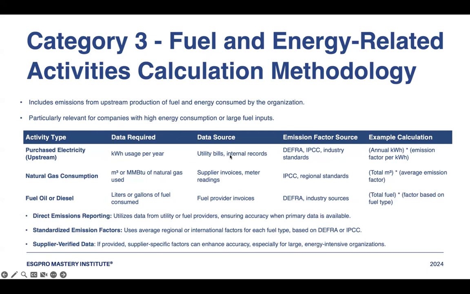I will tell you that mostly here the three different type of databases people refer are DEFRA, IPCC, and industry specific like CEA data in India. What you calculate here is purchase electricity in upstream, or natural gas consumption by your raw material provider, or fuel oil which is used in transportation. All that data emission factor will come from international numbers. You need not be worried, except the electricity, which you should be always talking about